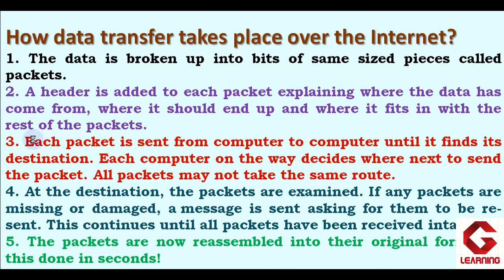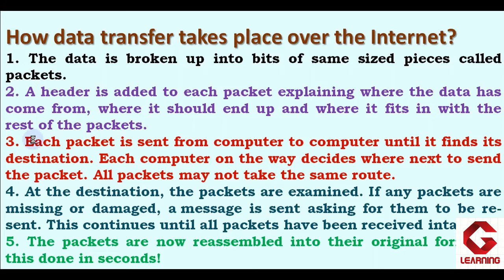As one message in my example is divided into 10 packets, each packet will get one unique sequence number, and this sequence number will start from 0. So in this way, all the 10 packets will get one unique sequence number, from 0 to 9. So in the second step, one header is added to each packet, and this header is containing the source and destination computers' IP addresses, and third is the sequence number of each packet.